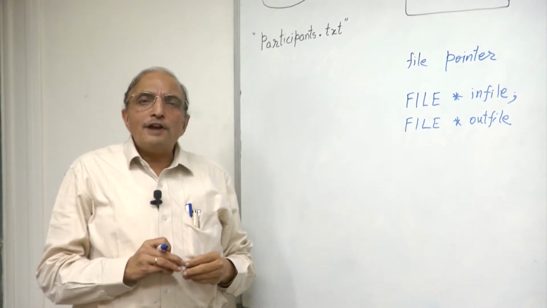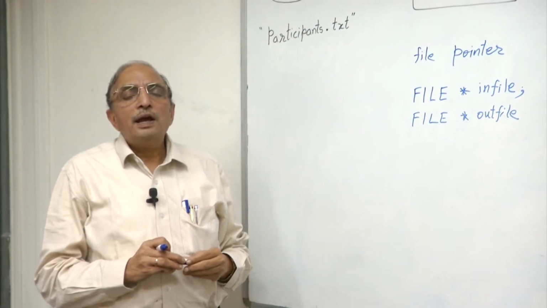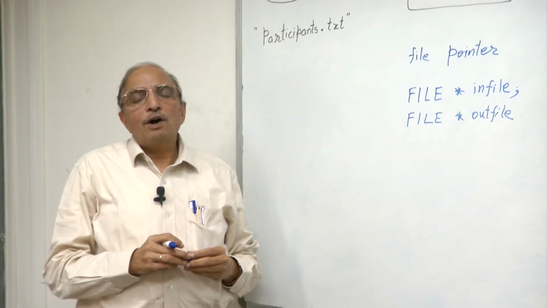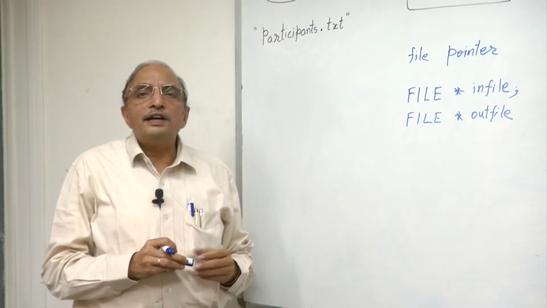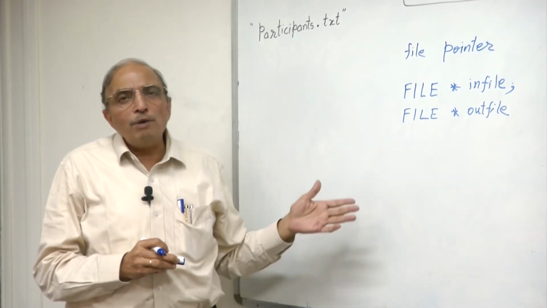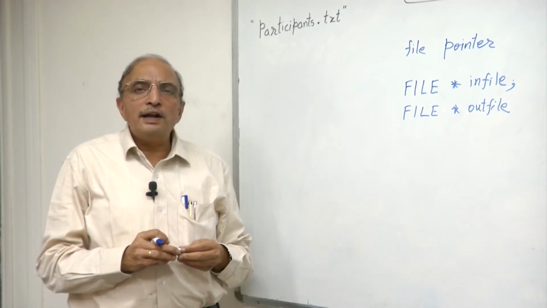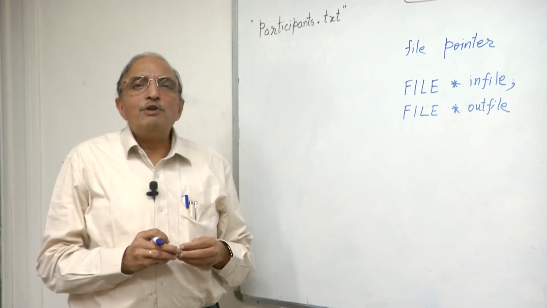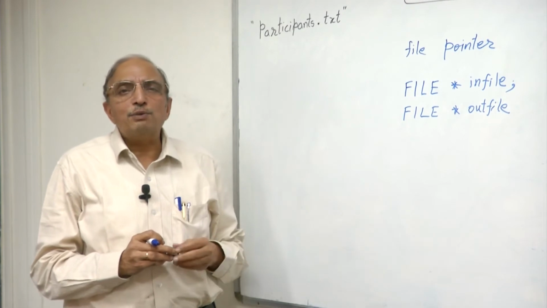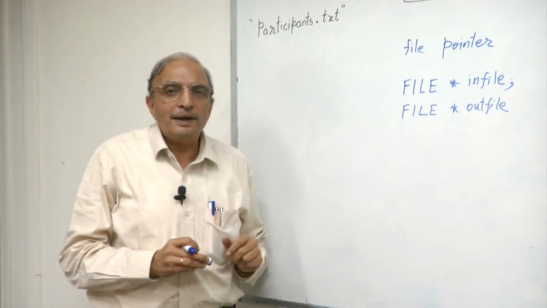There are a whole lot of library functions provided in C++. These actually come from a library called CSTDIO, or the standard IO library of the type C. That is where the basic file operations were first defined. They are all available in C++ as well. Of course, when we study the object oriented approach of programming, we will see minor deviations in the way in which such functions have to be used. But basically, whatever we are going to discuss applies to all of file handling.